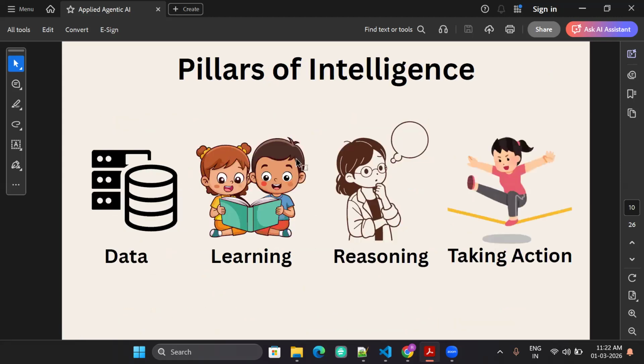And we talked about this pillar of intelligence yesterday also. First, it all starts with data. For us also, we started learning in childhood from data, from information around us, from books, from school, from television, from things around us. So all these are information or data, and from there we started learning, and after that we started reasoning, and tried to apply those learnings in good and bad form. And then finally we started to take actions on our own, whether on certain things we took a decision whether to go that way or this way, or maybe take this decision or that decision.